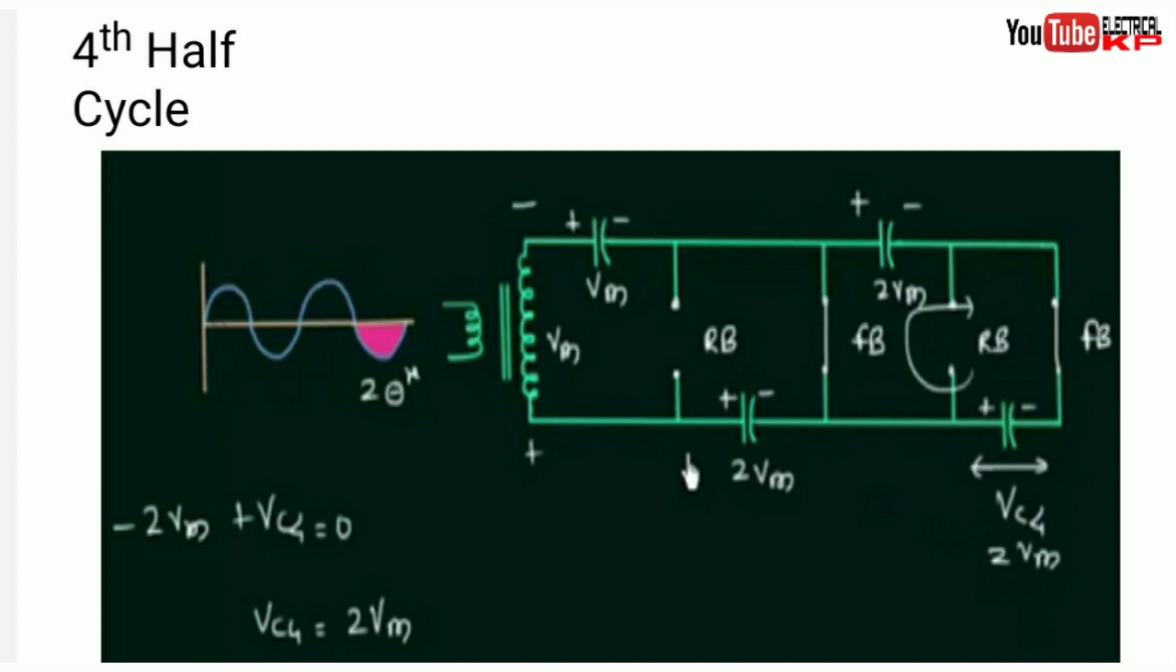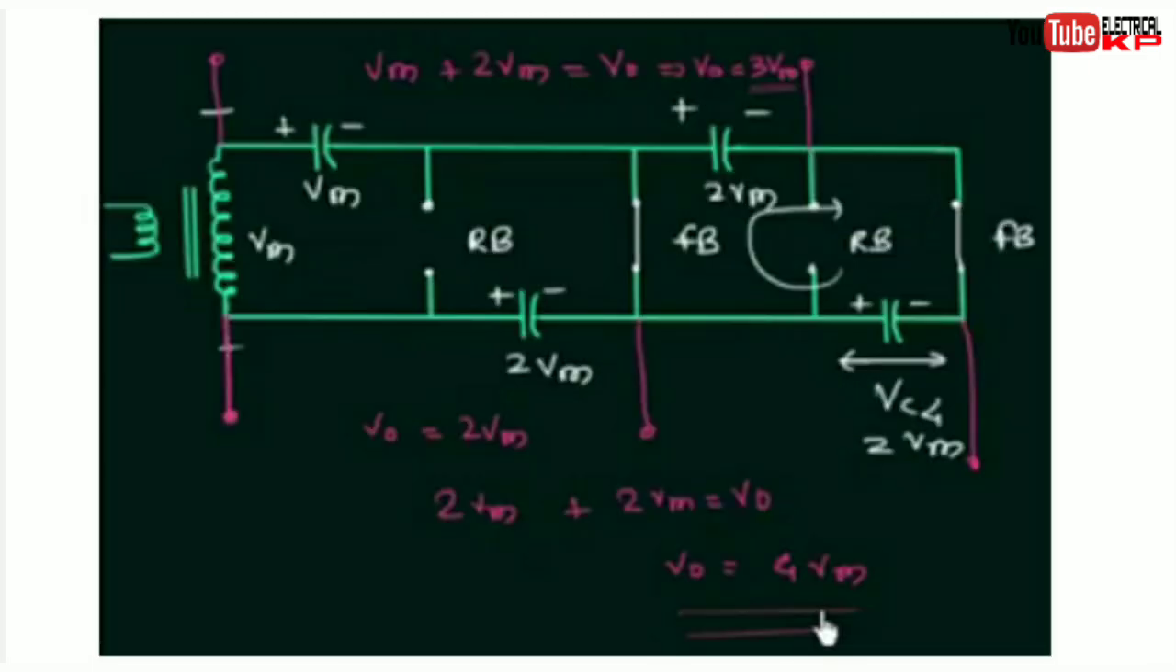Suppose now we are considering this figure. If we consider the voltage across capacitor C1 and capacitor C3, then it will be the sum of both, that is Vm plus 2Vm, that is 3Vm. It means up to this point the circuit is the same as a voltage tripler circuit. Now if we consider the voltage across capacitor C2 and capacitor C4, then the sum of both voltages, Vc2 and Vc4, that is 2Vm plus 2Vm, is equal to 4Vm. It means it is